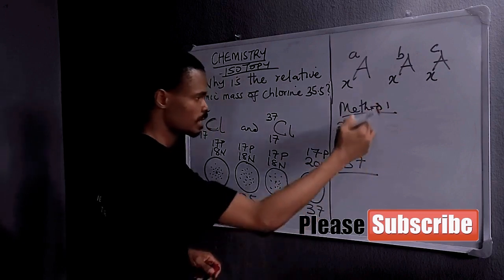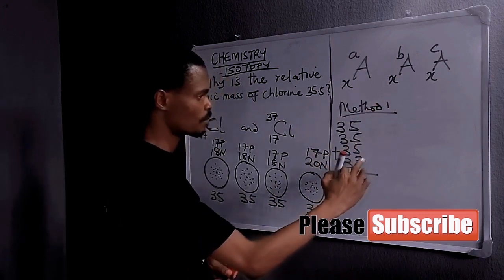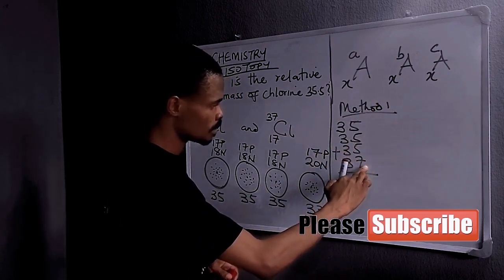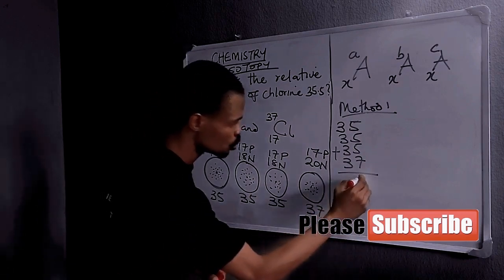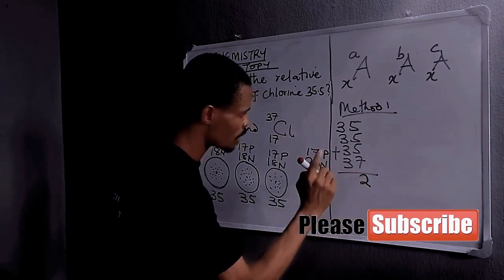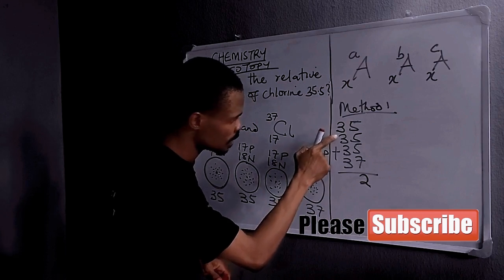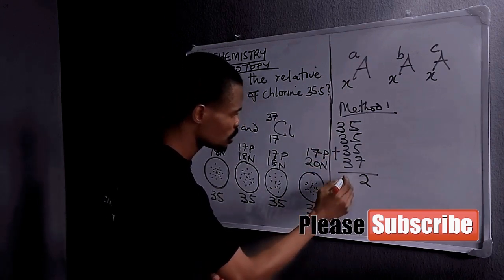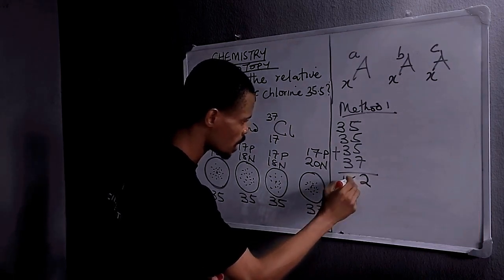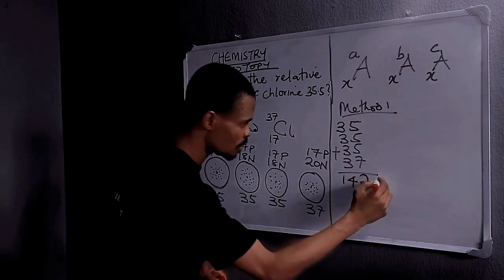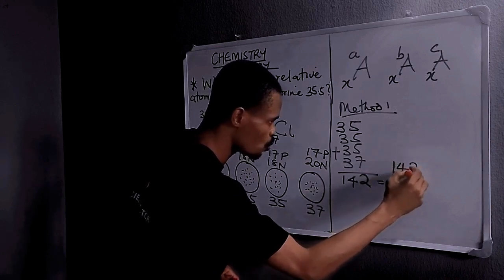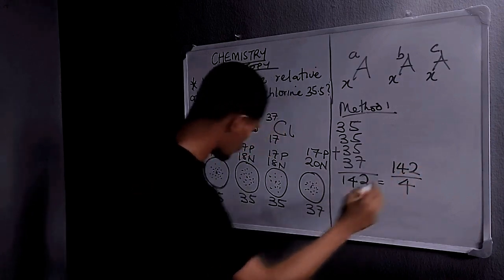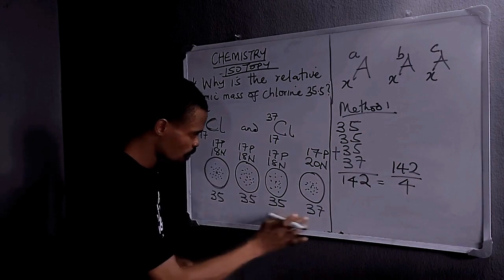Summing these together, 5, 5, 5 is 15, 15 plus 7 is 22. So we have 2, carry 2. The 3 gives us 12, 12 plus 2 is 14. So we have 142. Now when I divide 142 by 4, because I have 1, 2, 3, 4 parts,